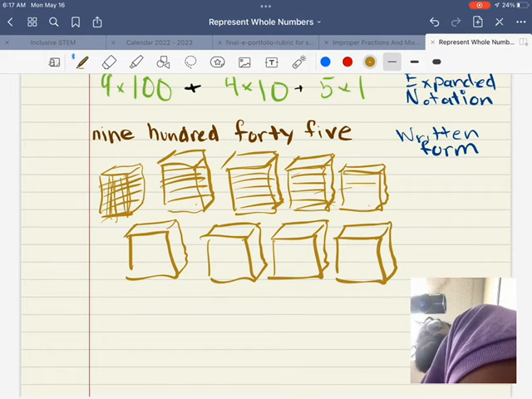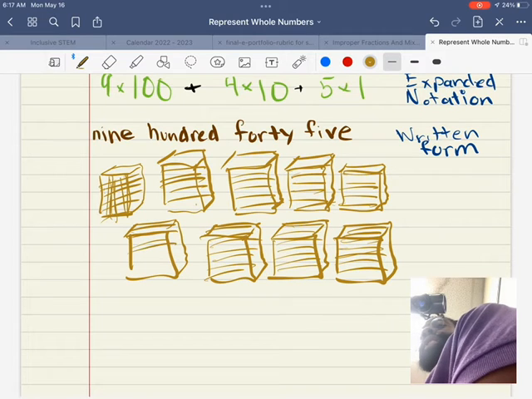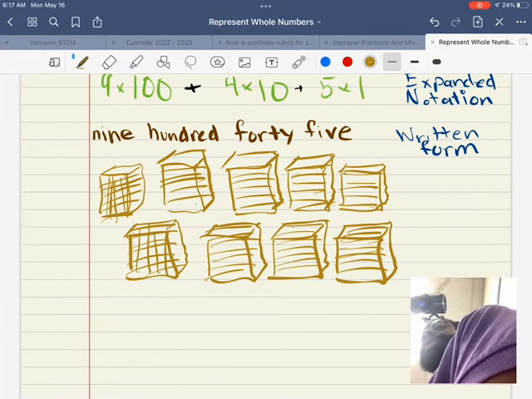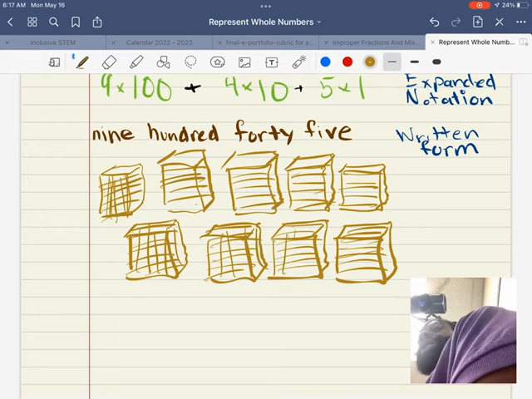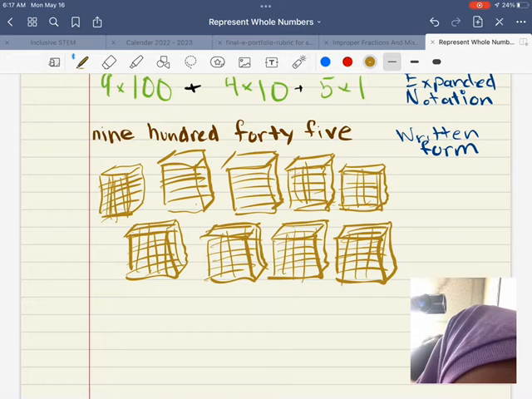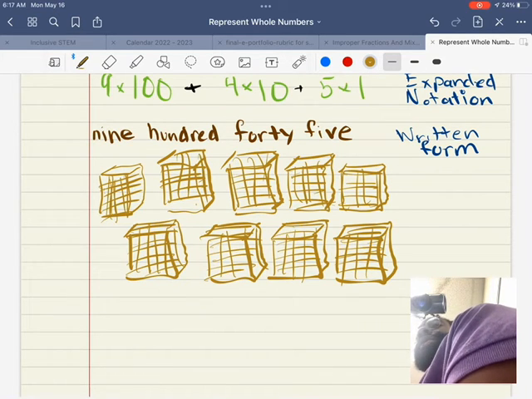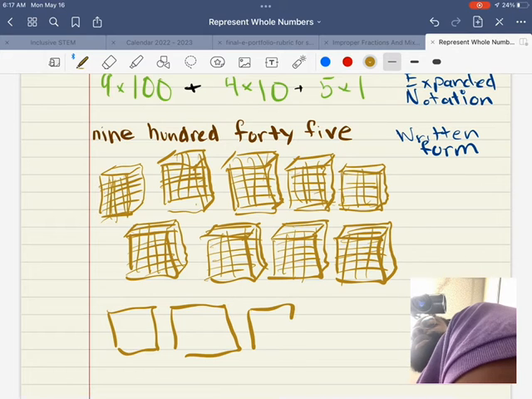So again, you have to remember, when you actually are looking at these numbers, you're not going to have to draw these in every form every time, but you need to recognize numbers and be able to read them in each of the forms. So if you see a pictorial model, you need to know what number this pictorial model represents. So you don't have to be perfect at drawing these little cube things, but you need to know that that cube is 100. You need to know that, you know, this here,